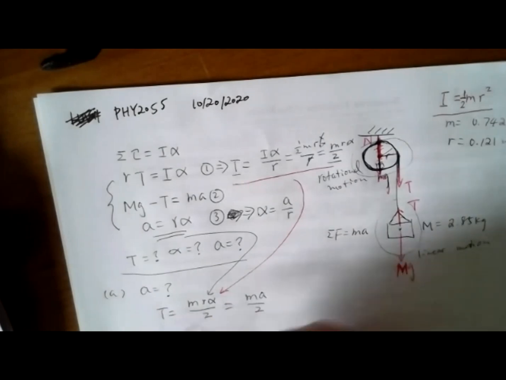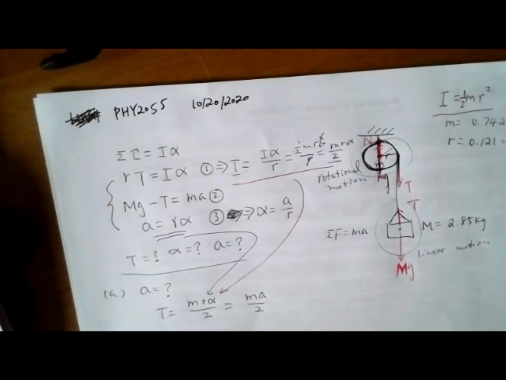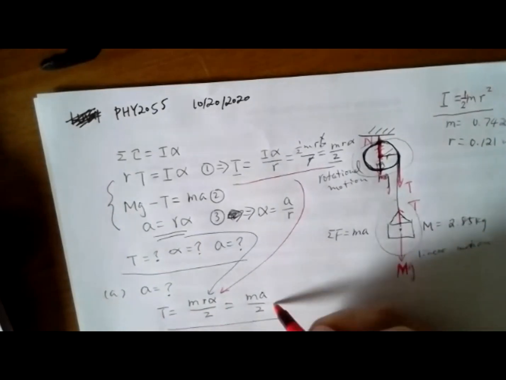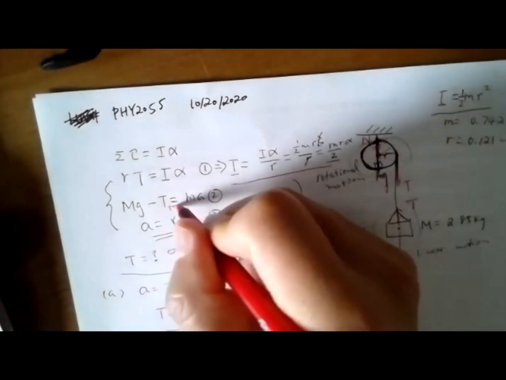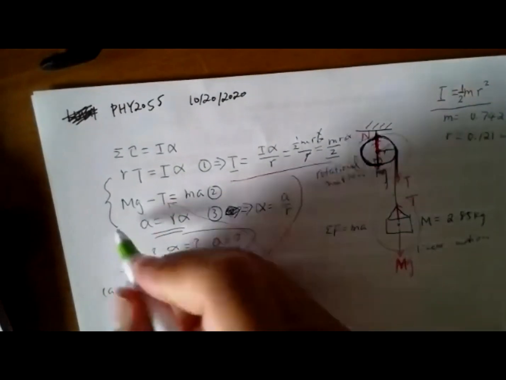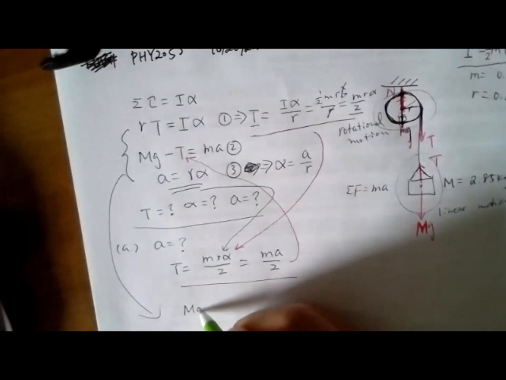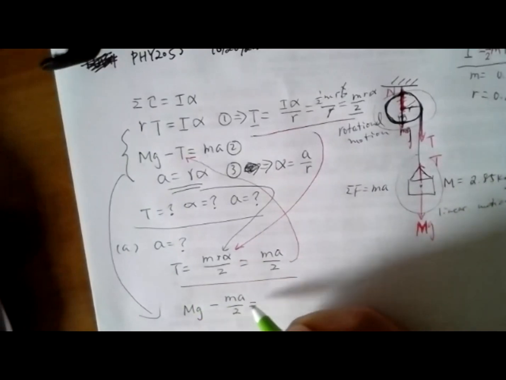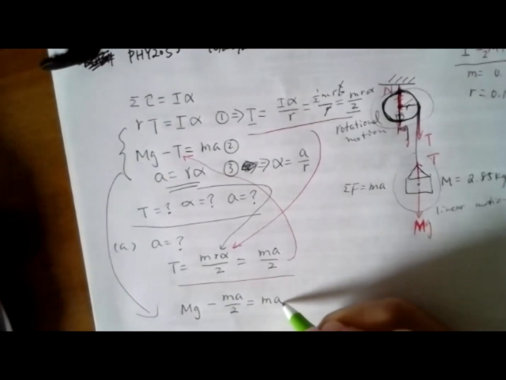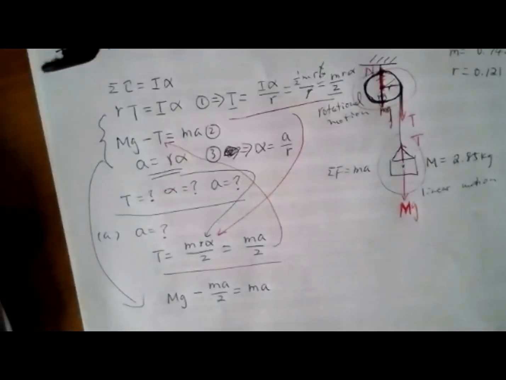Then you can substitute the tension in the second equation back, so like back and forth a few times. Then from the second equation, you can rewrite it as capital Mg minus tension, using MA over 2 to replace tension, equals to MA. Okay. So then,